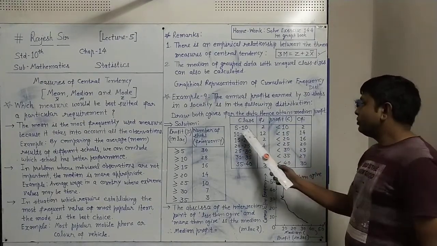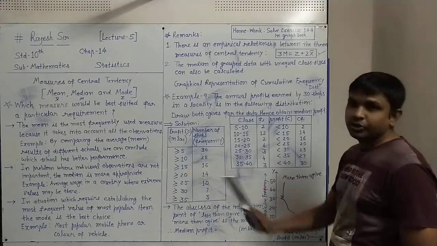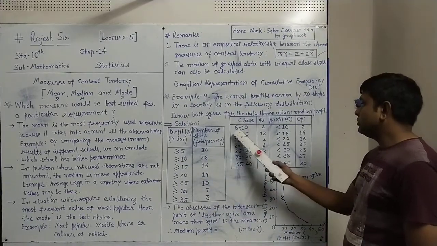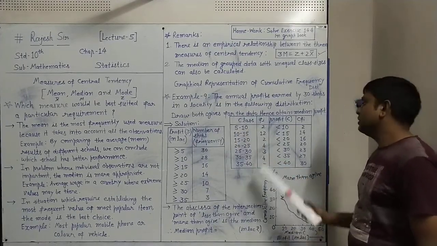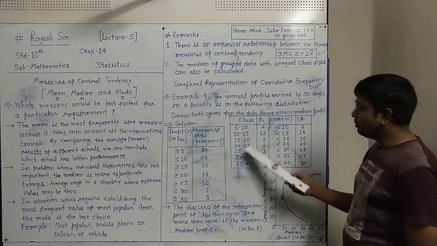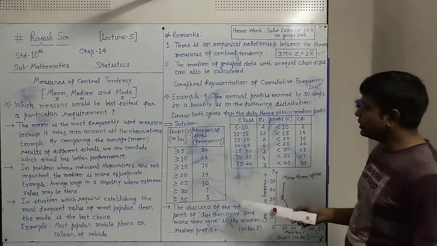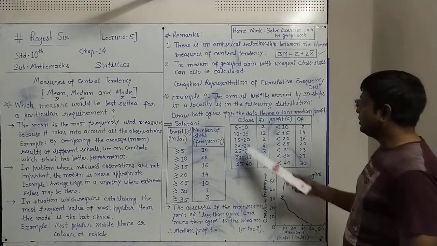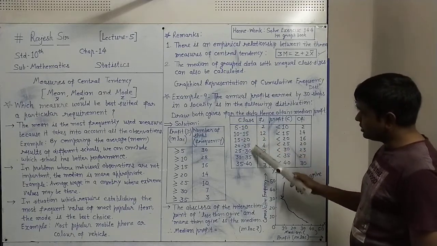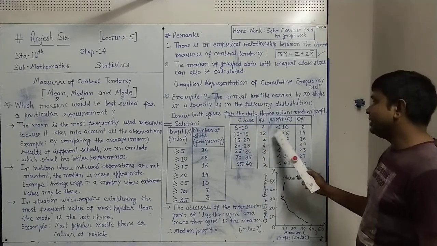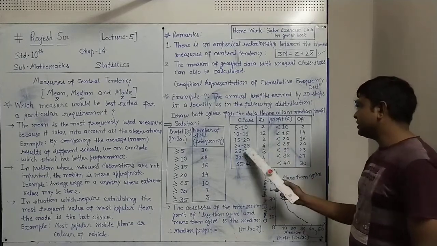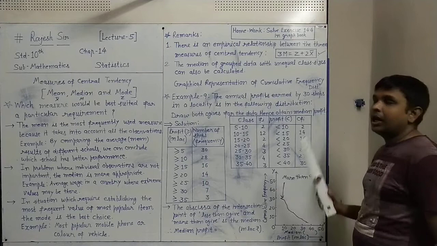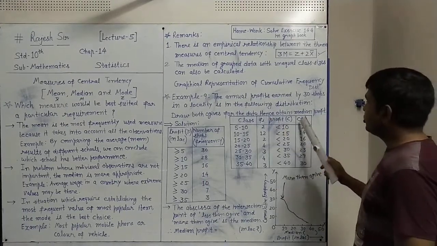So less than profit, less than 5 is no observation is there. So we are not taking that less than 5. So less than 10, you will take the upper limits actually. In more than we take lower limits here, and in less than we take upper limits. So more than less than 10, less than 15, less than 20, less than 25, less than 30, less than 35, less than 40. Now how to take frequency from that cumulative frequency?